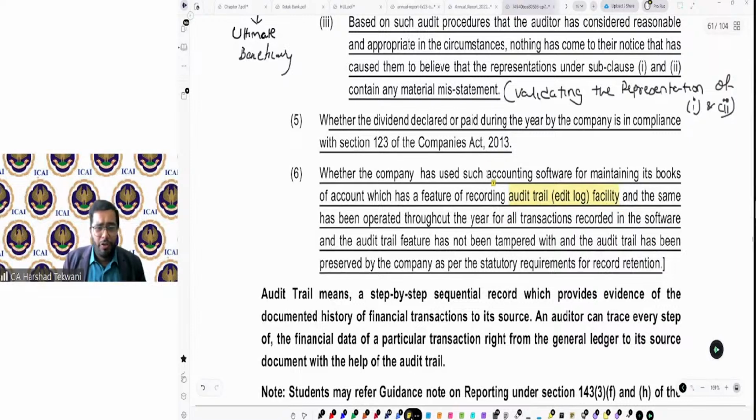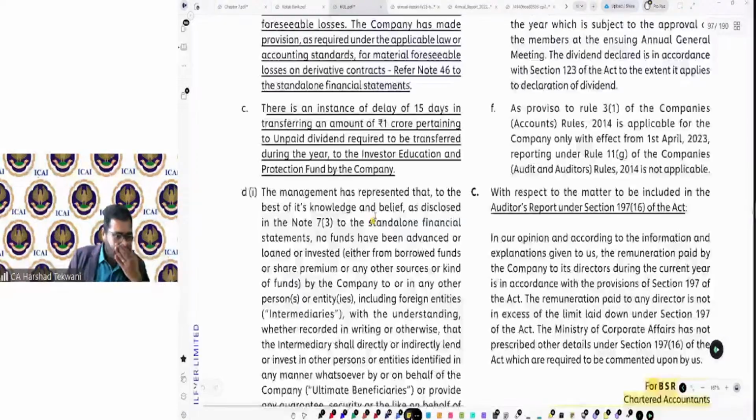So accounting software for maintaining its books of accounts with the feature of recording the audit trail, and whether that was operated throughout the year for all the transactions, and whether it has been tampered with or not. So if you see reporting actually done for this,